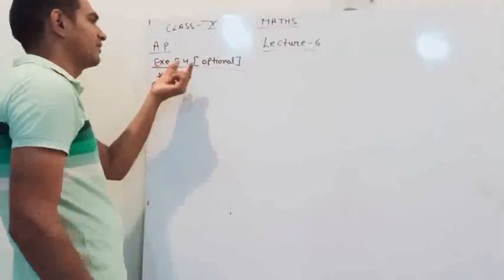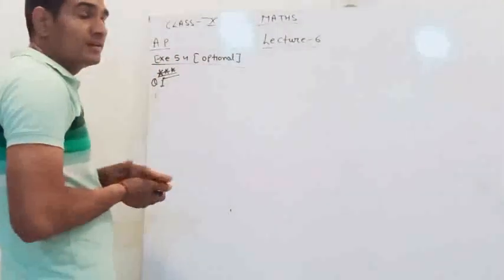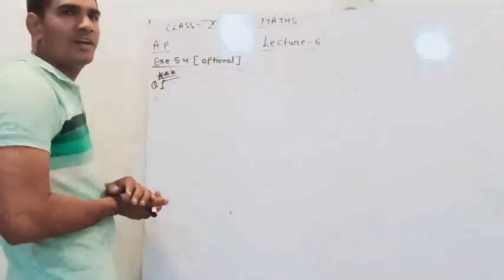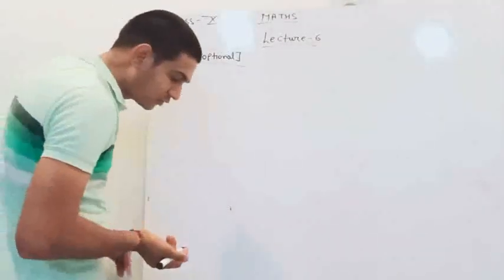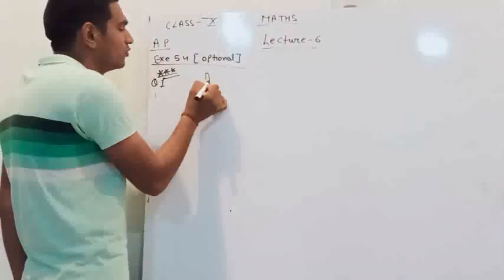Understand? We will discuss exercise 5.4 optional. In optional all questions are very very important. Now question number first, that is very very important. What is given to you? AP is given to you